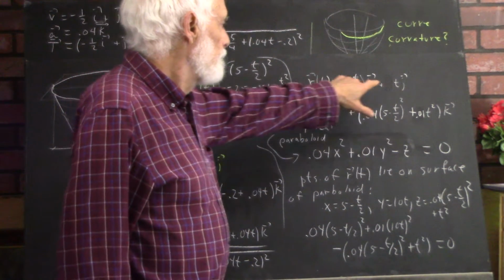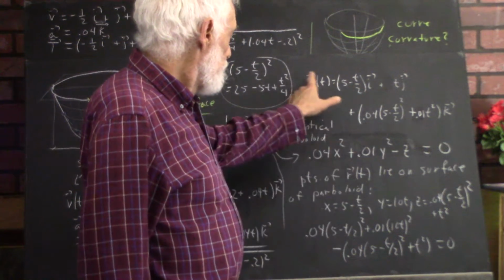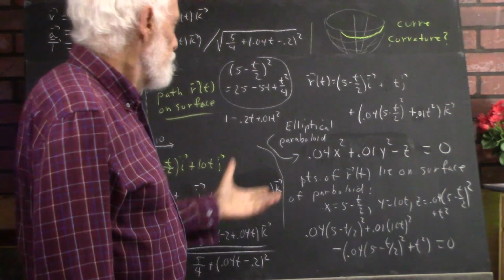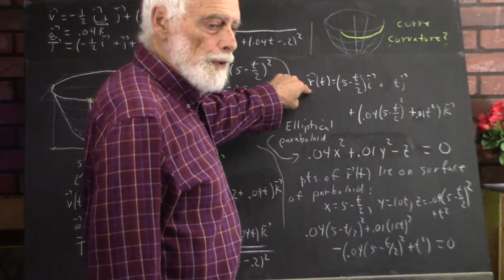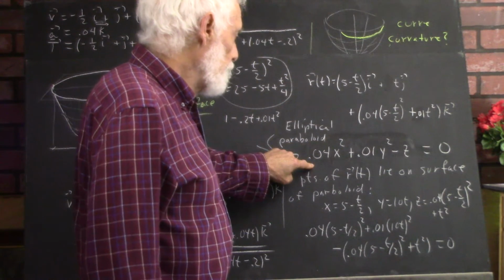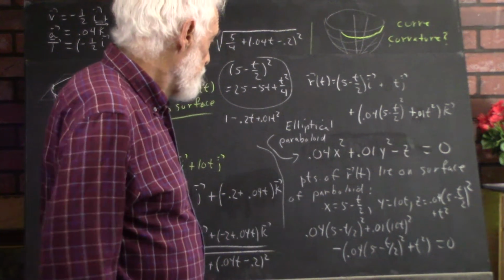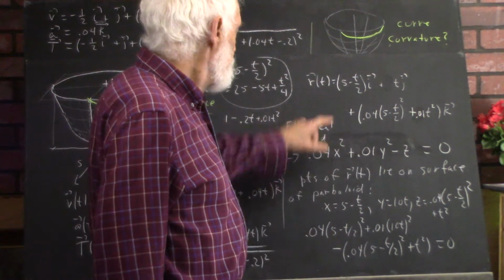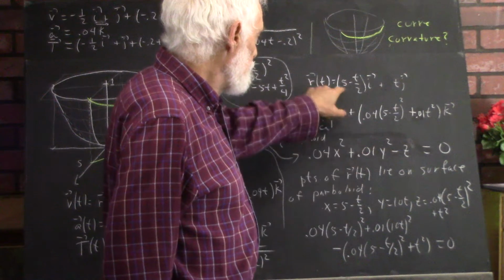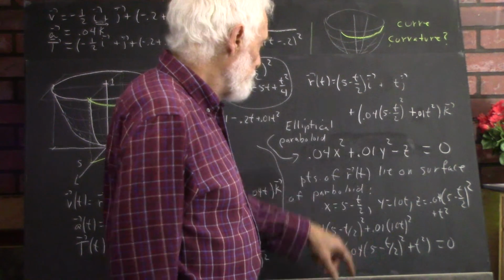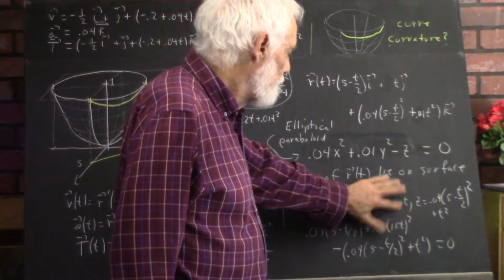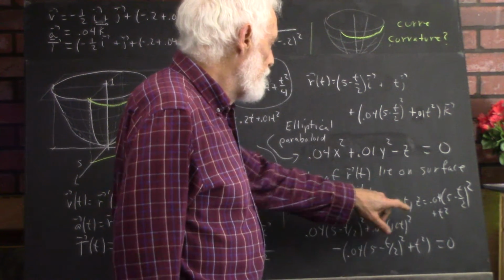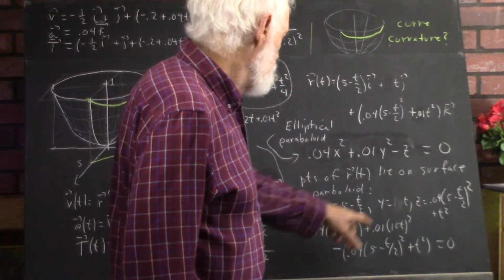Given the vector function that we see here, and the elliptical paraboloid here, we easily see that the points of this vector function lie on the elliptical paraboloid, lie on the surface of this paraboloid. We just plug in x equals 5 minus t over 2, which is the i component, y equals t, which is the j component, and z equals what you see here,